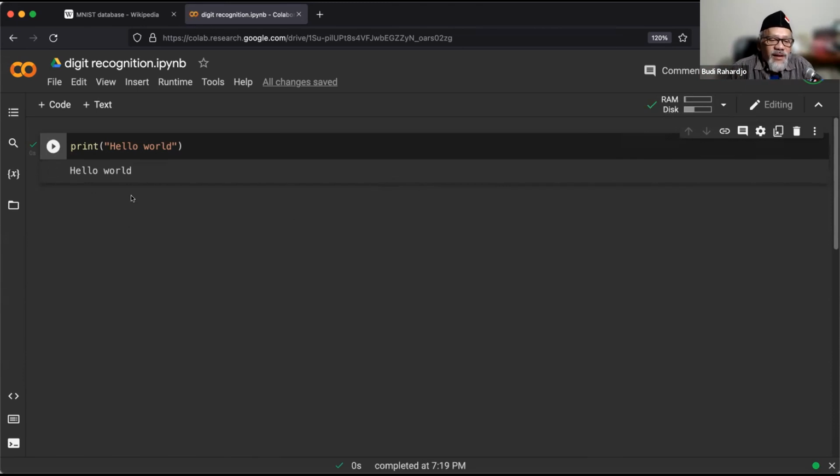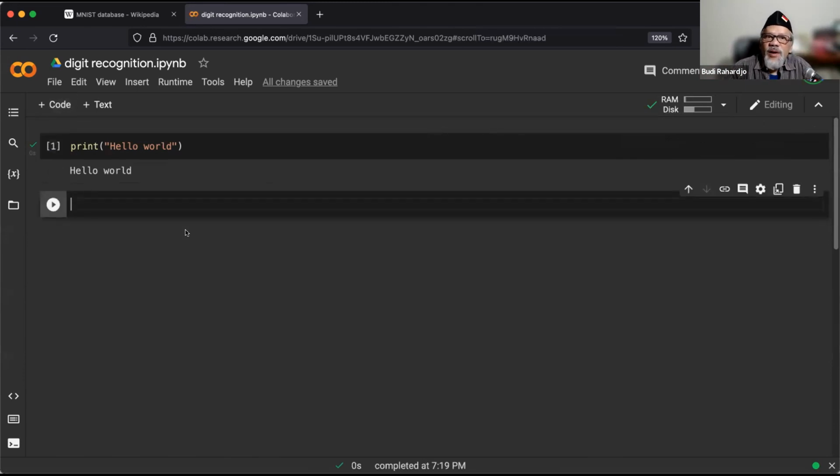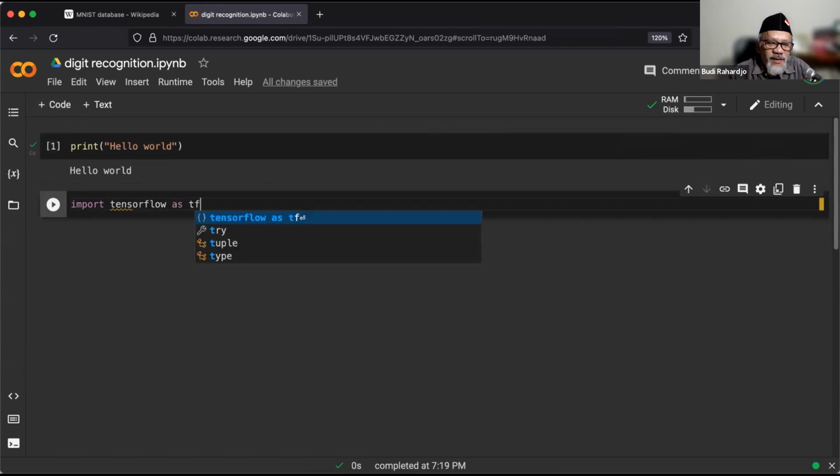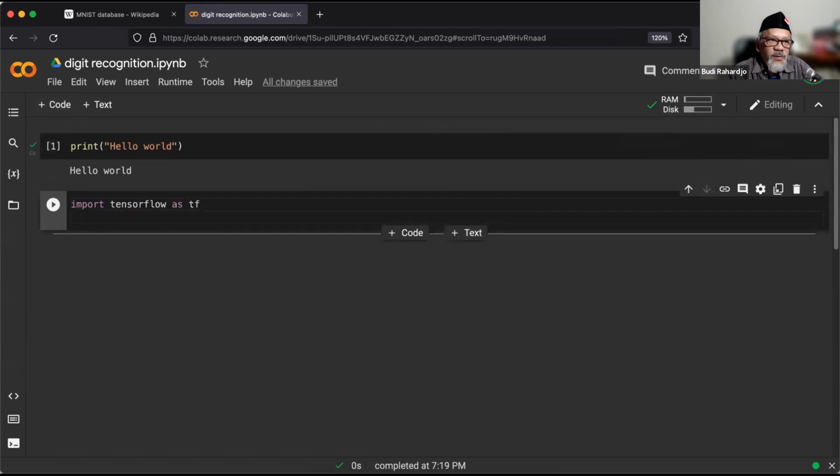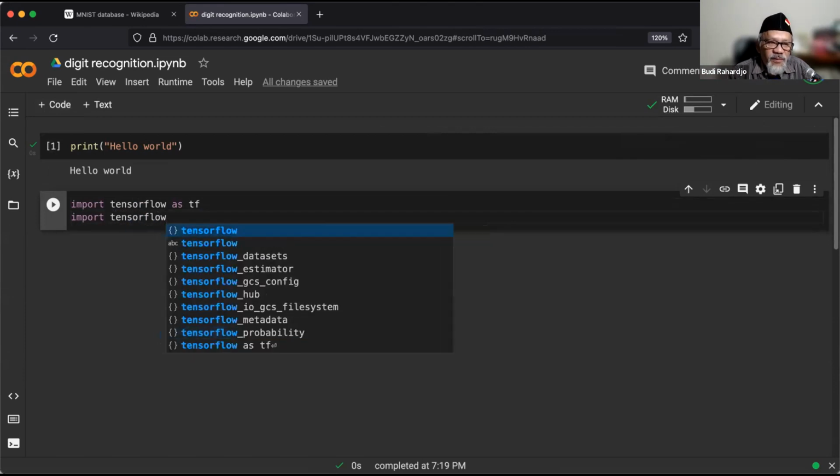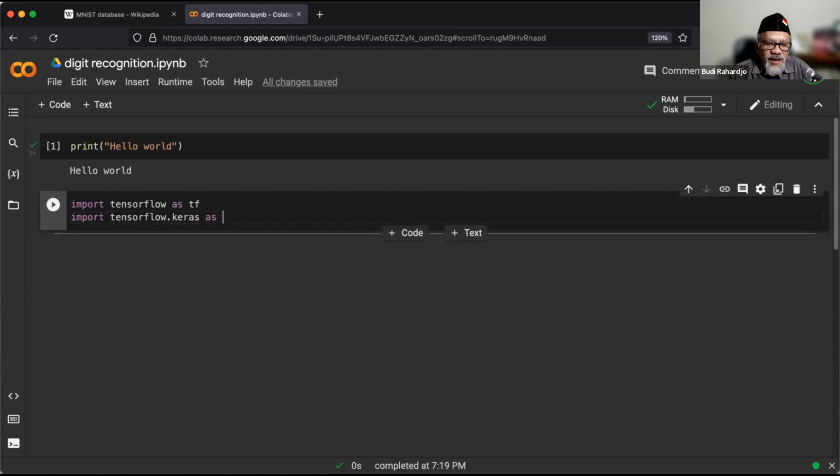Now, as usual, we are going to use the library TensorFlow. So you can put import TensorFlow as TF, and then also import TensorFlow dot Keras as Keras.